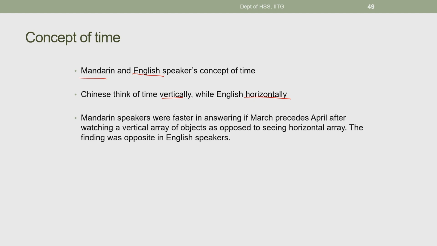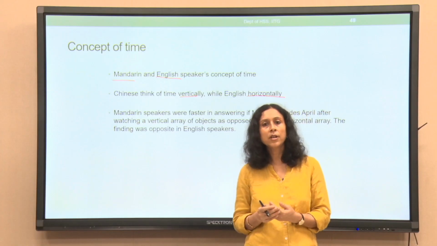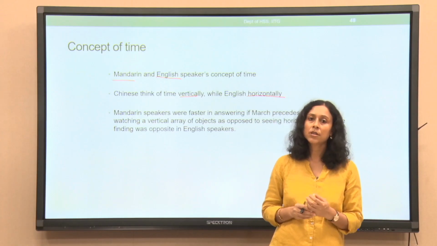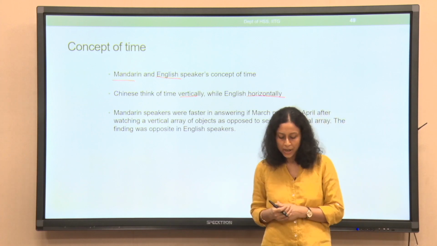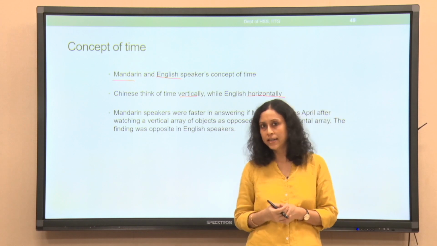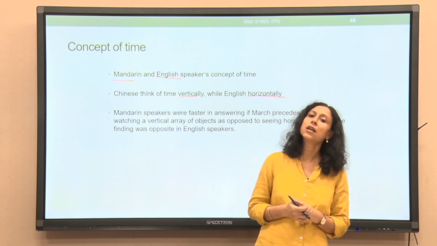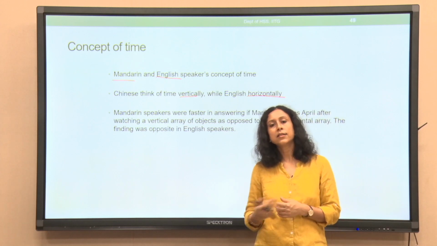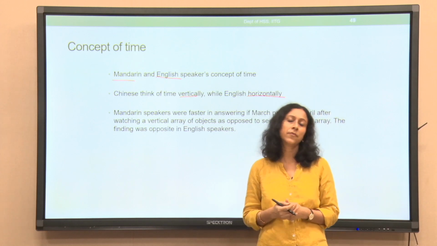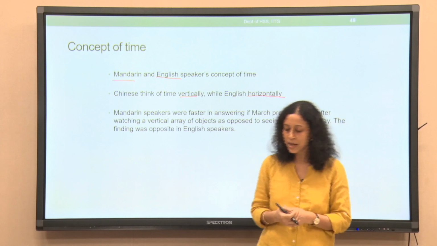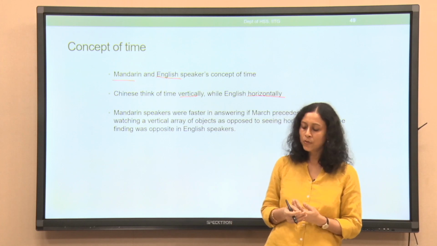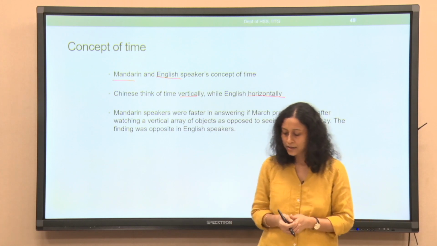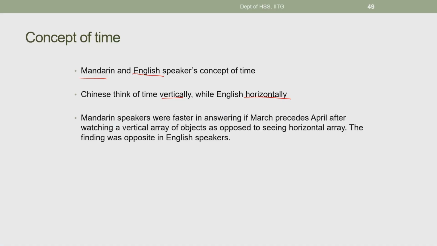Now, this is dependent on the script, the way we write script also. So, we are not talking only about the grammar of a language, but also the way it is written, the way it is spoken and so on. So, language in its entirety. Mandarin Chinese is written vertically and English and many other languages are written horizontally. But even when we write horizontally, we have differences in terms of writing right to left or left to right. Our conceptualization has a lot to do with the direction of the writing, even within the horizontal plane.